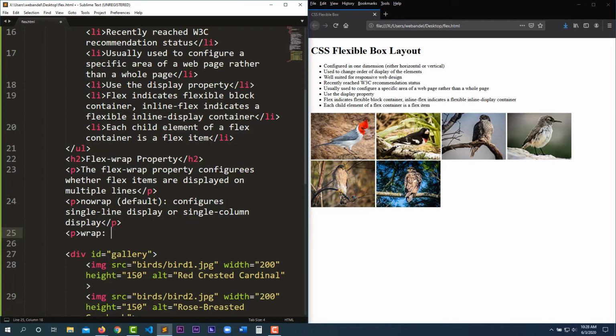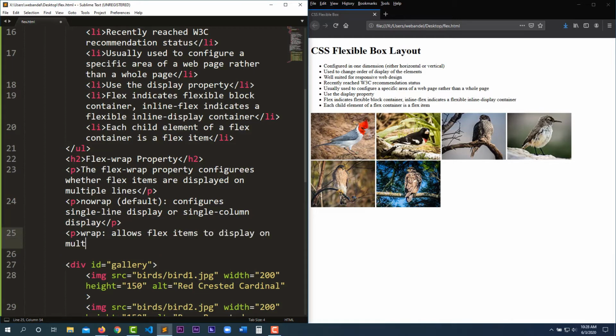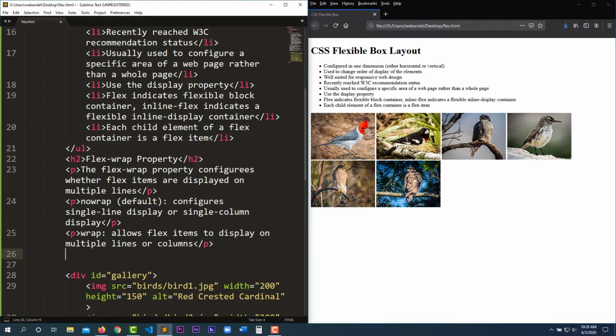Wrap allows flex items to display on multiple lines or columns. And then wrap reverse puts them in the reverse order. So this is going to be our first property, looking at how we want our